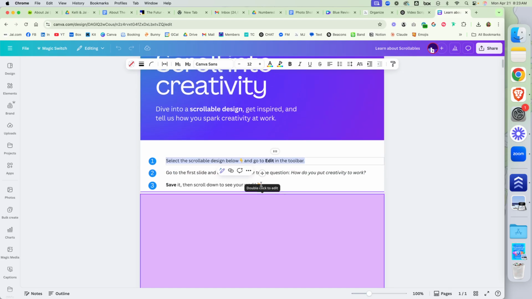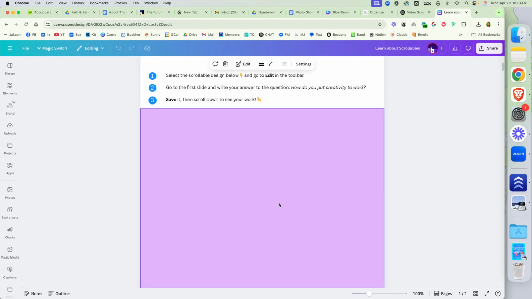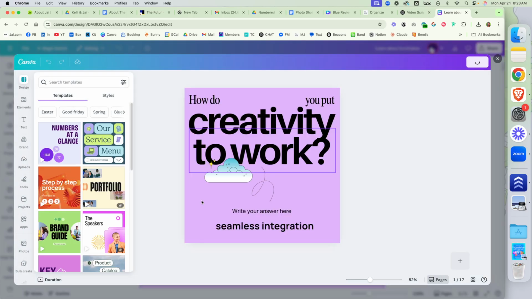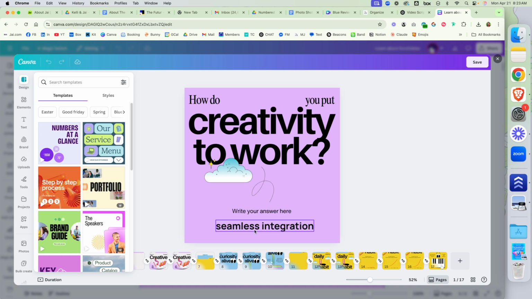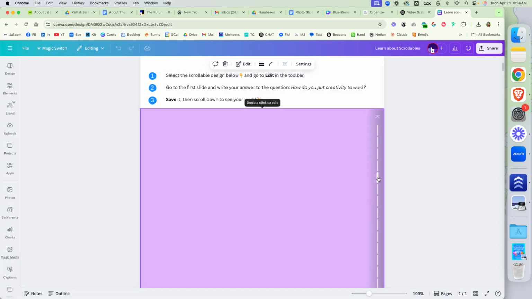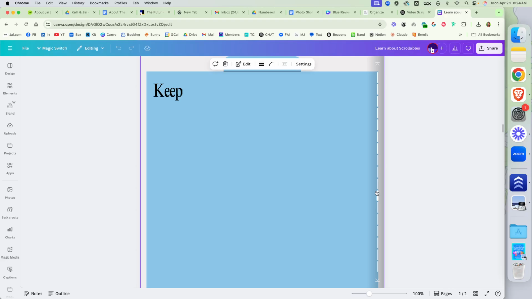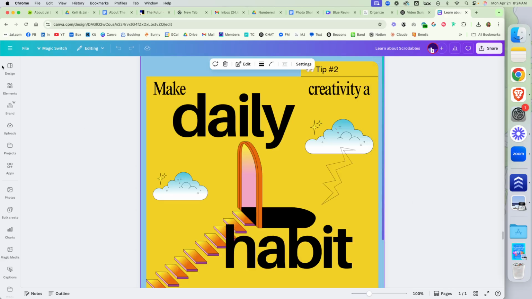When they tell you to go down, this was a little weird for me to figure out. I had to click here to figure out that this was a scrollable design. You click here, you hit edit, and this thing pops up. And then it tells you to write your answer in here, and save, and that's how you get that badge. And you can see now the design is scrollable, you can actually scroll between the designs. All right, so let's look at the next one,